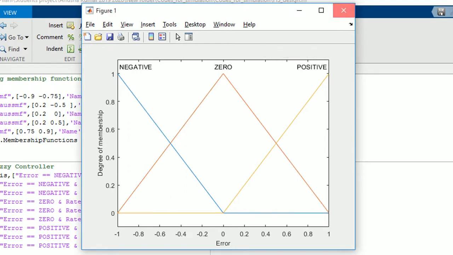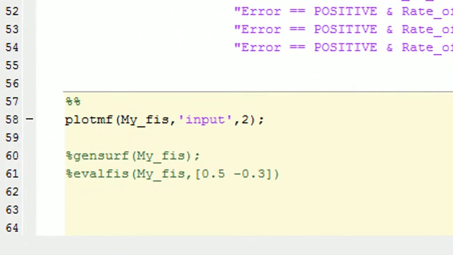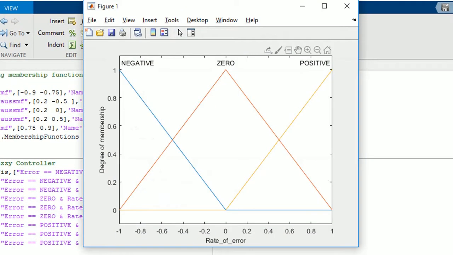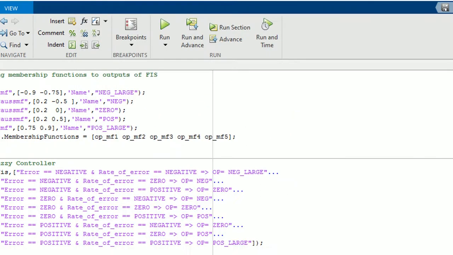Now let us try to see what will be the membership function variation for second input. Let's see that. Now you can see these membership functions will be as it is, same, but you can see that the name of that variable, it has already picked. I have not specified it yet. I have not plotted anything with the help of plot command. X values, y values. The plot mf command will usually take care of it. So rate of error, that was our linguistic variable name. Different membership function values name that I have created.